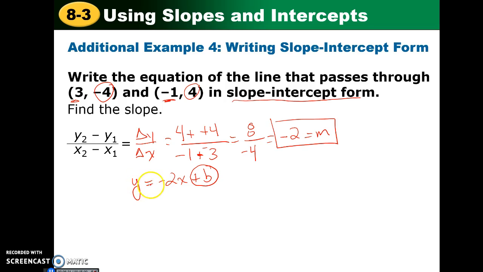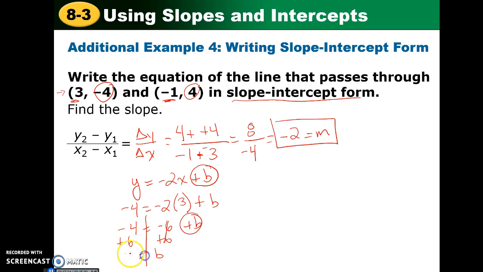I'm going to choose my first point. So my y value is negative 4, so I put that where y is, equals, I keep my slope, my x value is 3, so negative 2 times 3, I still don't know what b is. So I'm left with negative 4 equals negative 2 times 3, negative 6 plus b. I want to get b all by itself, so I add 6,